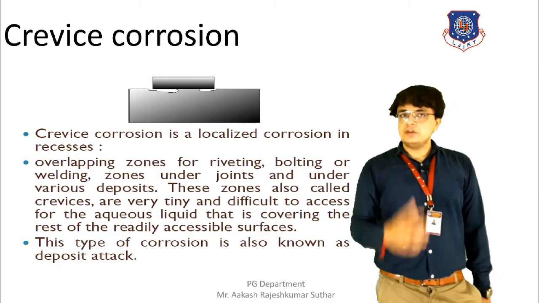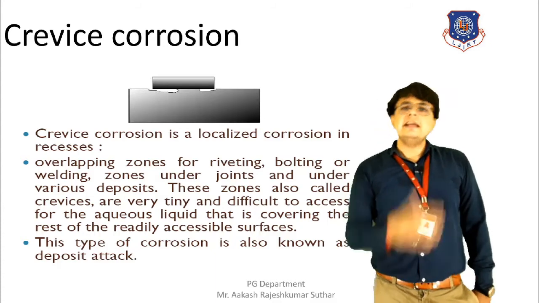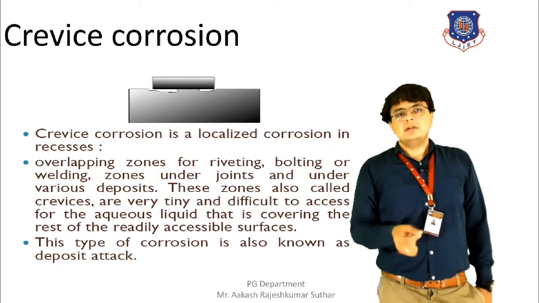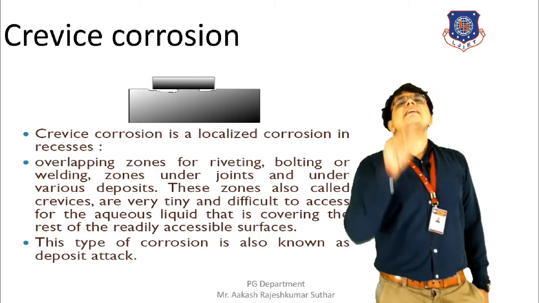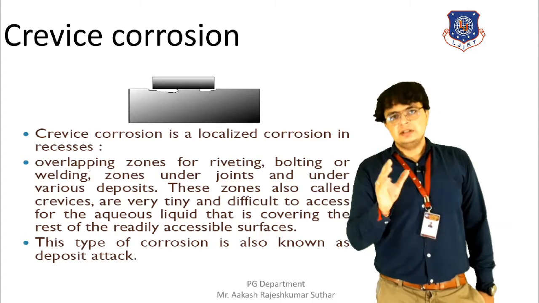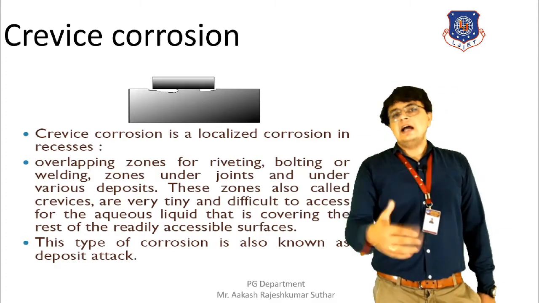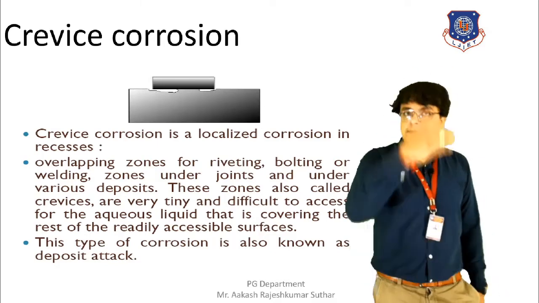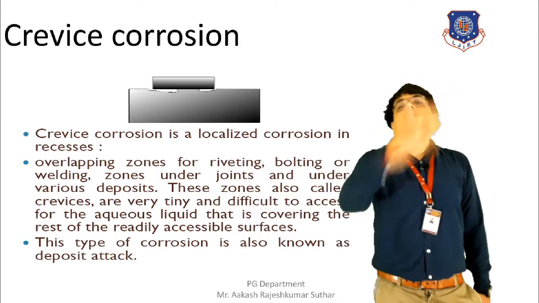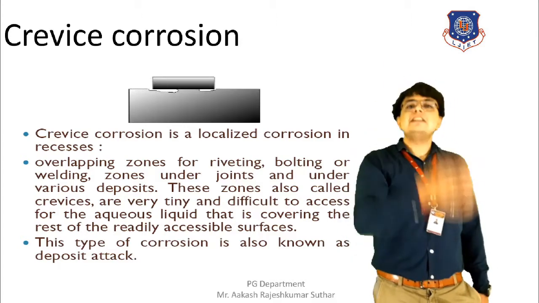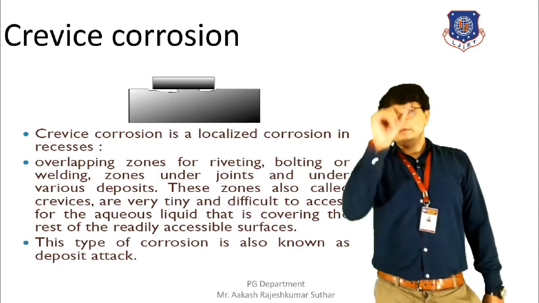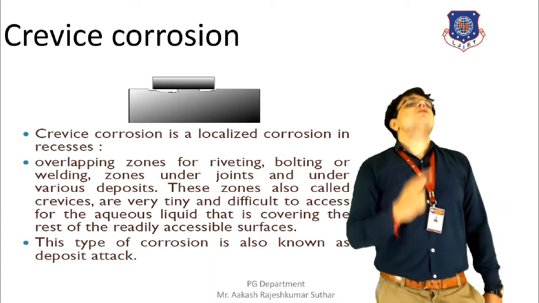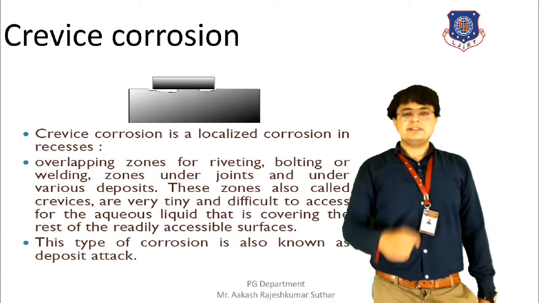So, because of the formation of the crevices in any kind, either in the joints or because of damage, the formation of crevices creates such different conditions. And because of these different conditions, either from the atmospheric point of view, or from the electrolyte point of view, or the concentration of the electrolyte at particular locations, the corrosion will occur. So this is how the crevice affects the formation of corrosion. So this was the crevice corrosion.